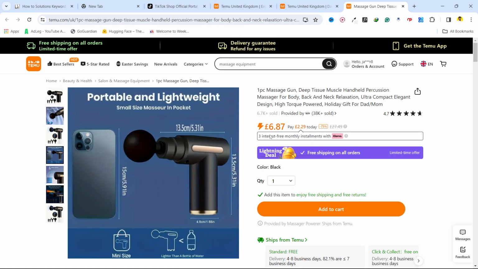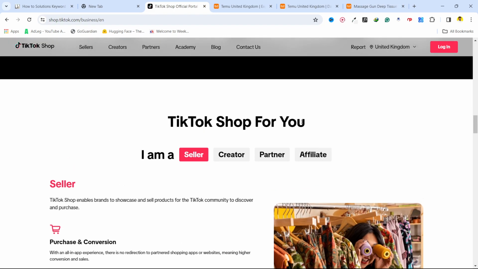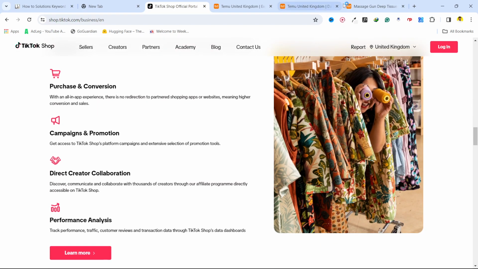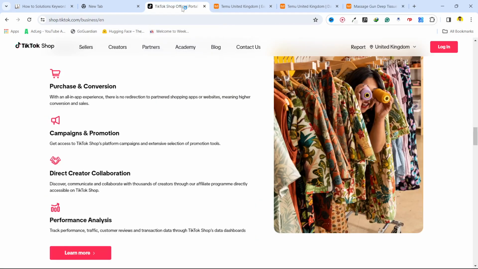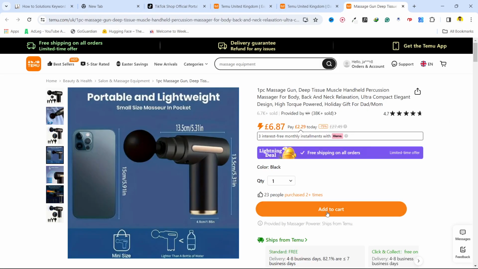So once you finalize the product, then you need to create your shop around it and post some videos onto your TikTok Shop, and you must sell this item at, I think the best price is 30 pounds. And once you get an order on your TikTok Shop, you simply place an order here on Temu,